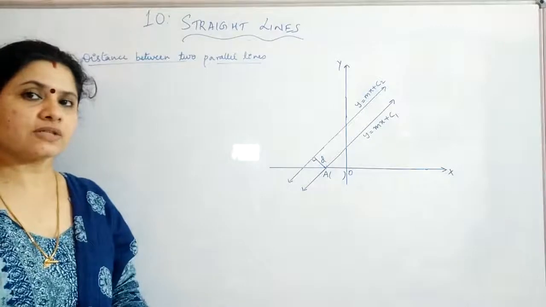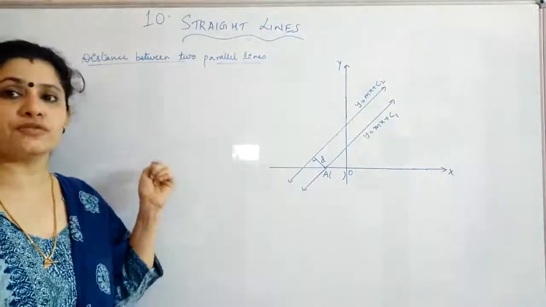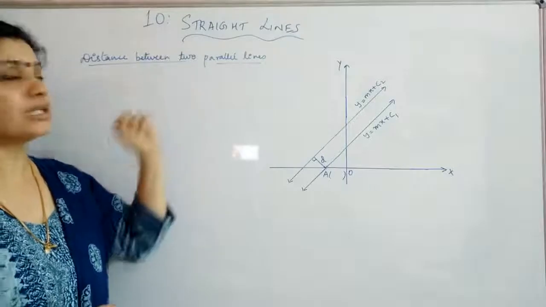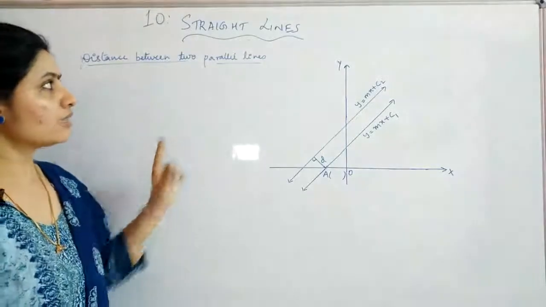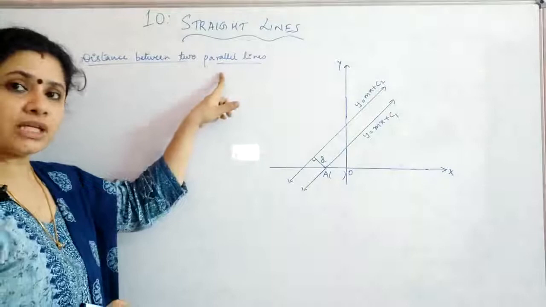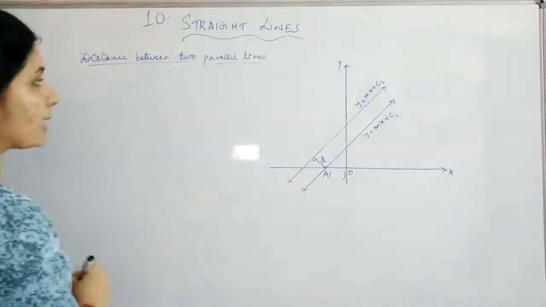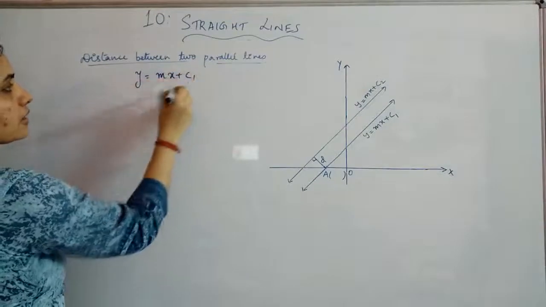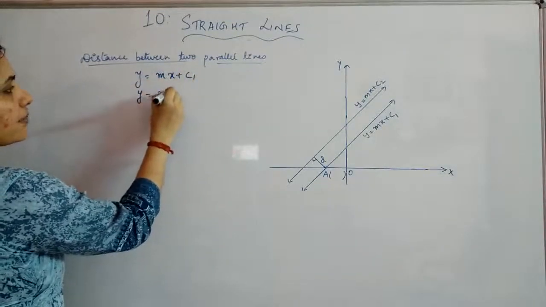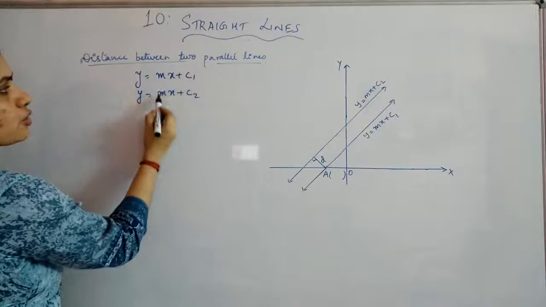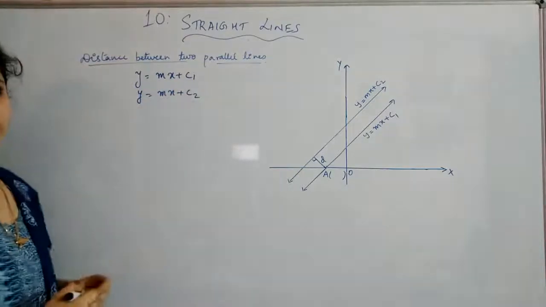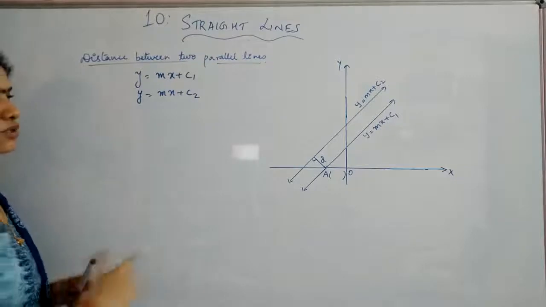So before this we have studied that what is the distance from a point to a line, and here we are just seeing what will be the distance between 2 parallel lines. And we know that 2 parallel lines have equal slopes. So we can choose 2 parallel lines in the form y is equal to mx plus c1 and y is equal to mx plus c2. That means the slopes are equal for the 2 lines. C1 and C2 is the only difference, that is the y-intercept. C1 and C2 will be the y-intercept.